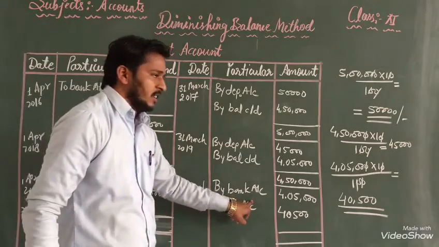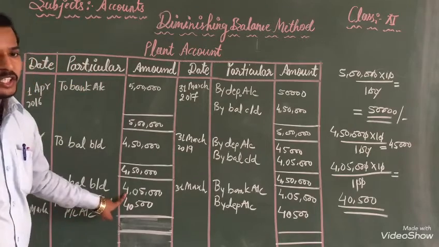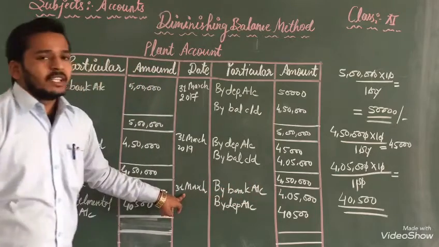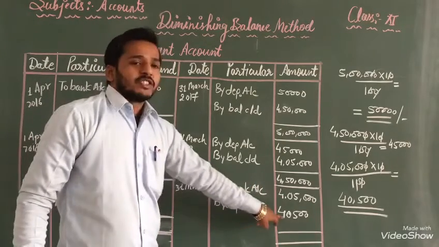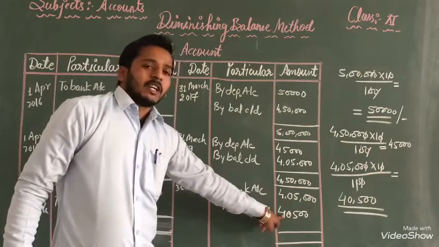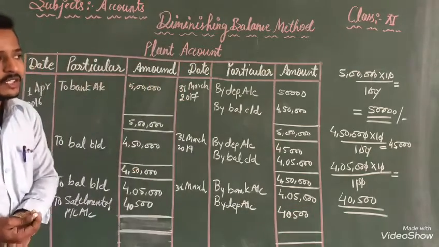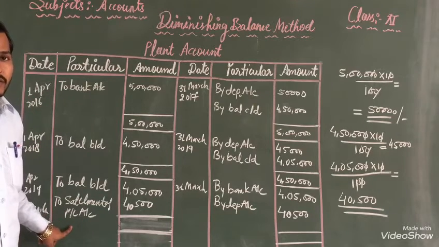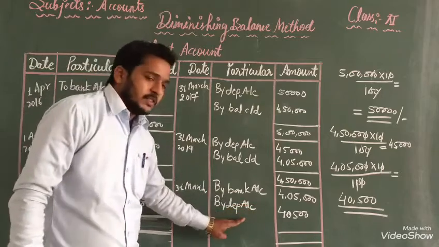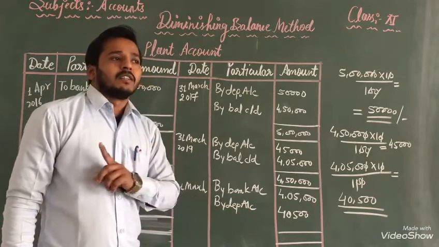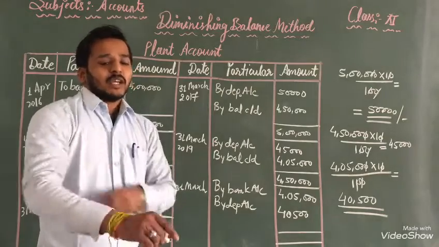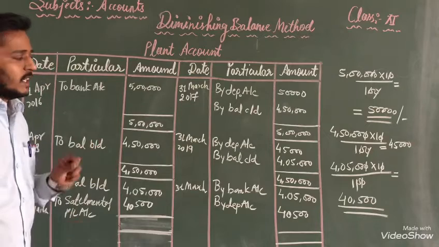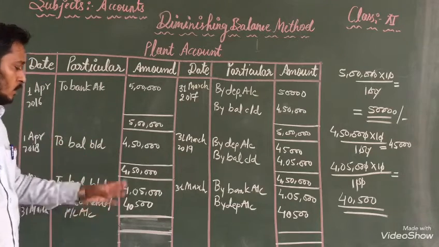Same amount is written here, क्योंकि मशीन का दाम 4,05,000 था और मशीन हमने बेचा कितने में? 4,05,000 में ही। तो मशीन को हमने साल के लास्ट में बेचा है, तो हमें डेप्रिसिएशन भी पूरे साल की निकालनी होगी। और पूरे साल का डेप्रिसिएशन हमारा आता है 40,500, मतलब 40,500 का मशीन ने हमें प्रॉफिट दिया है, तो उस प्रॉफिट को हमने यहाँ लाके लिखा है सेटलमेंट हियर। अगर ये मशीन लॉस में देती तो हम इसे क्रेडिट साइड पे ही लिखते हैं। यही इंपॉर्टेंट पार्ट था जो मैंने इस लेक्चर के माध्यम से आपको समझाया। So now dear students, don't forget, this is the important part, that's why I have made this one question in front of you. Now make balance